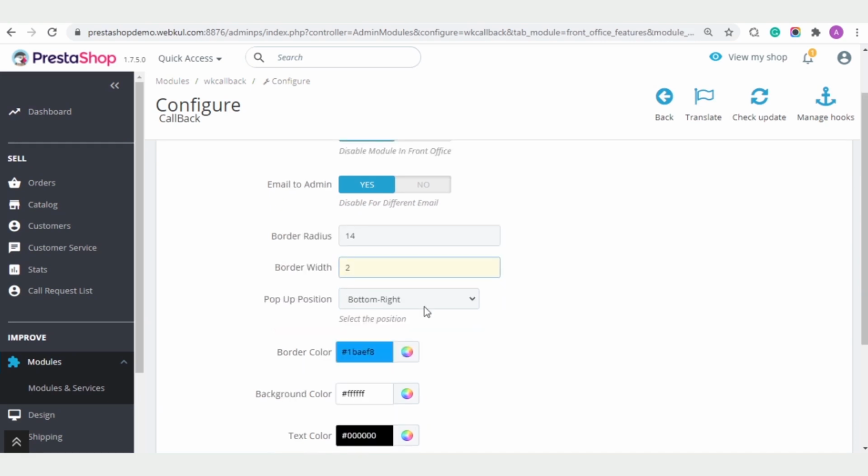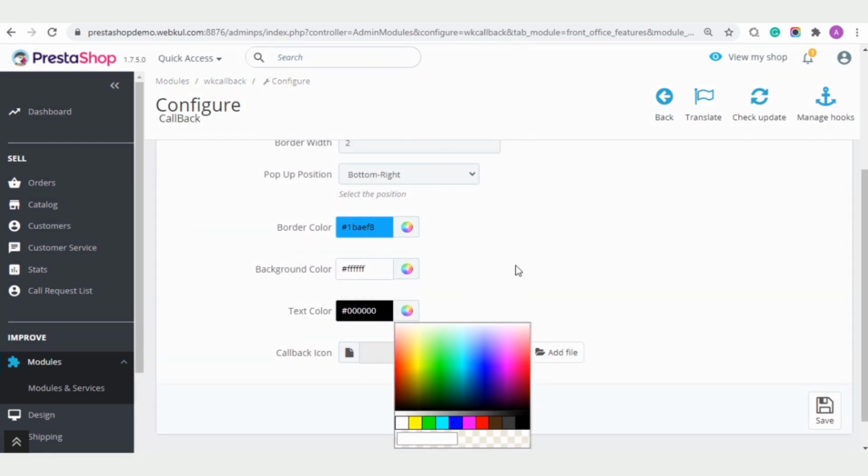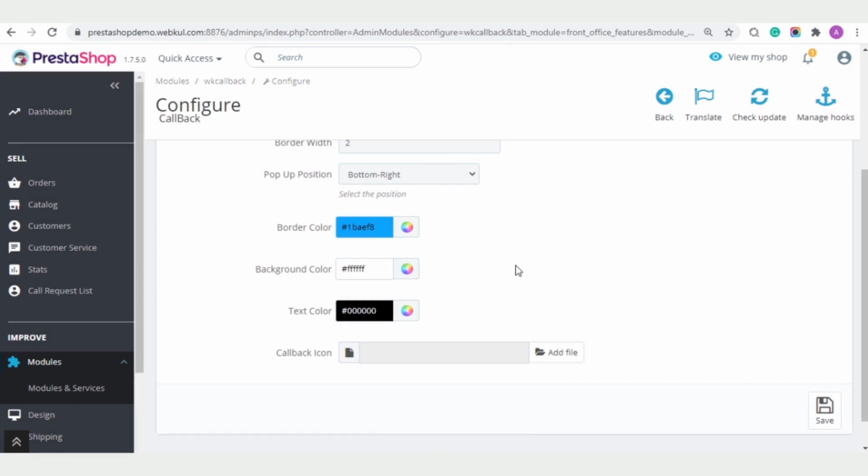From here, admin can select the display position of the callback request icon. Admin can select top left, top right, bottom left or bottom right as the position of callback widget on the store. From these fields, admin can set the border color, background color and text color of the callback request form.